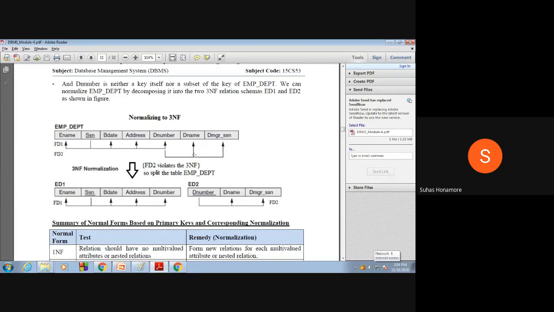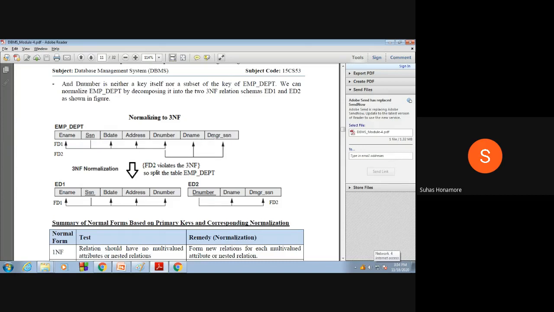If I consider the attribute D name, it is transitively dependent on the primary key. SSN to D number I can derive, D number to D name I can derive, so D name is transitively dependent on SSN. This should not be there. So FD2 violates 3NF, since whichever has the transitive dependency violates 3NF.